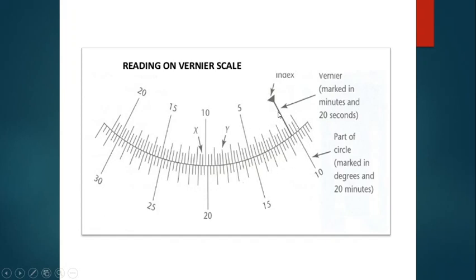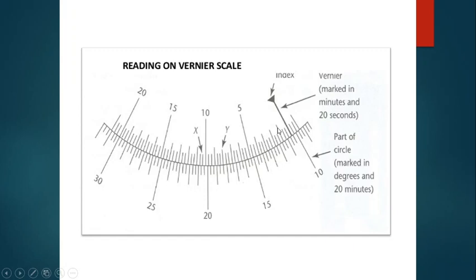Now if this is 0 and this is 5, there are 4 other major lines in between. That means this must be the first minute, second minute, 2 minutes, 3 minutes, and 4 minutes, and 5. Similarly, in between 5 and 10 also we have 4 major lines. Each major line indicates 1 minute. That means if it is 5 over here, it must be 6 minutes, and here it must be 7 minutes, 8 minutes, 9 minutes, and 10.